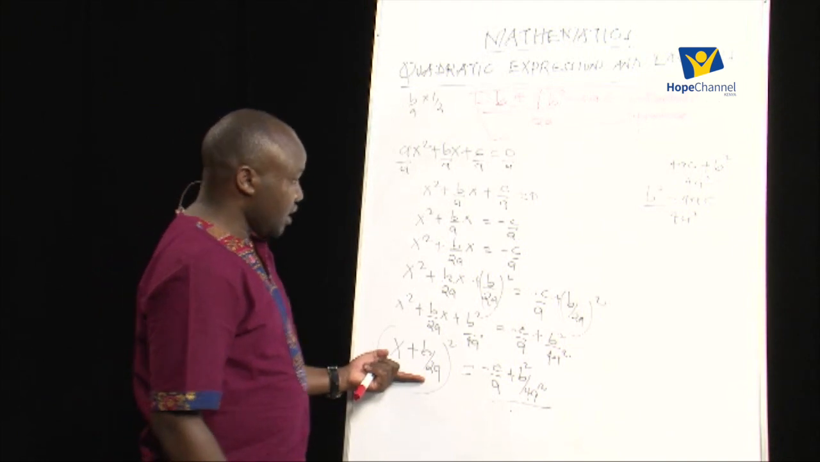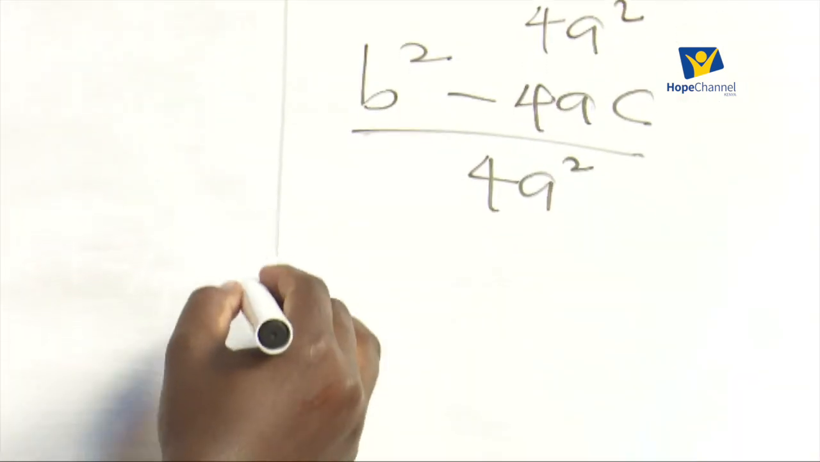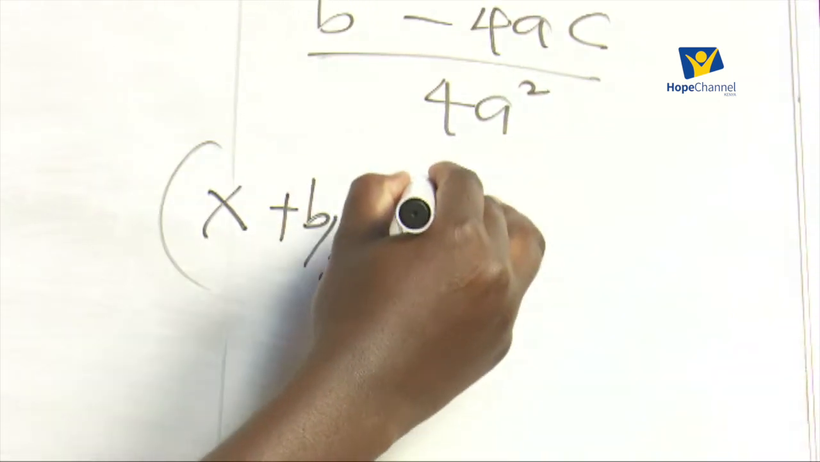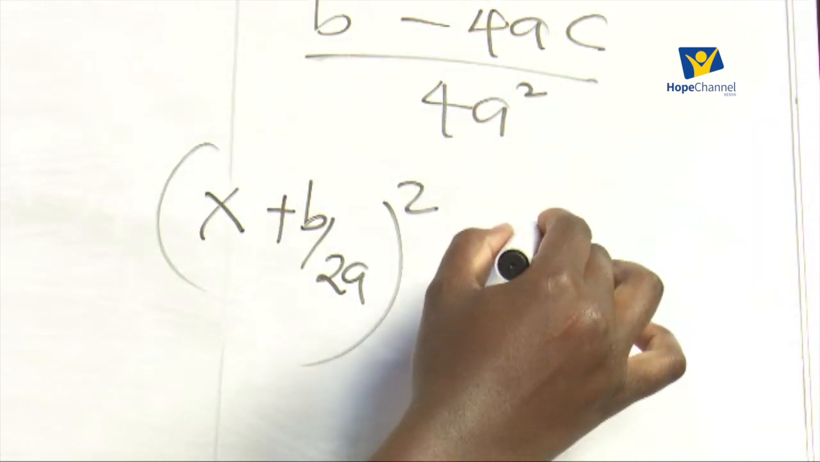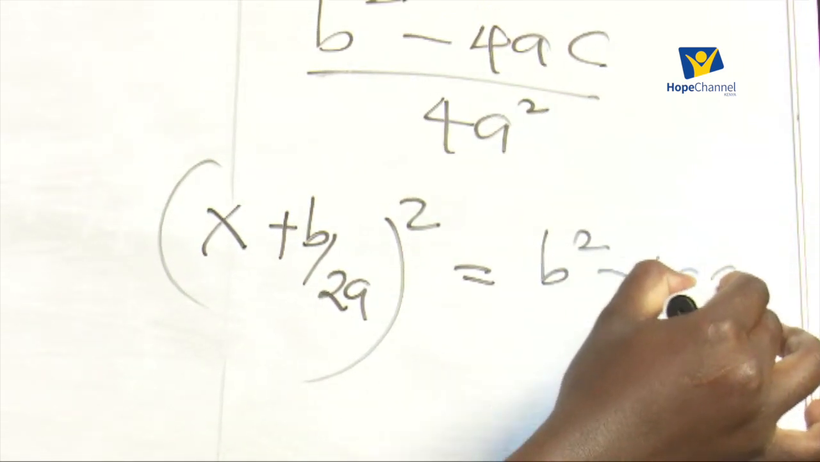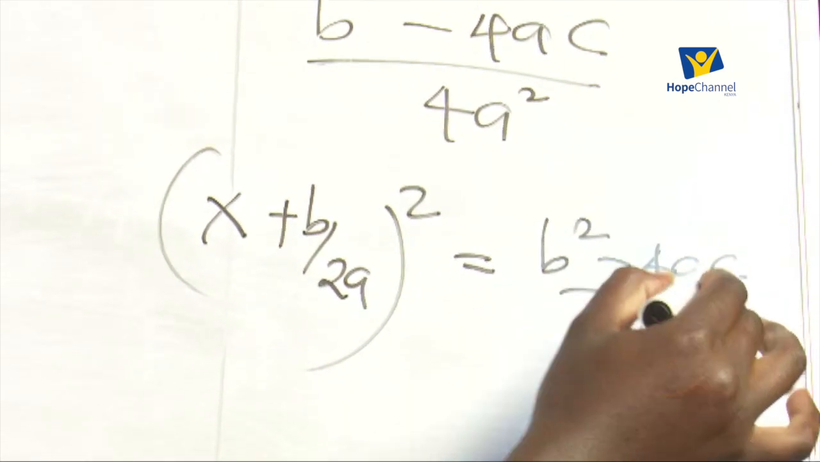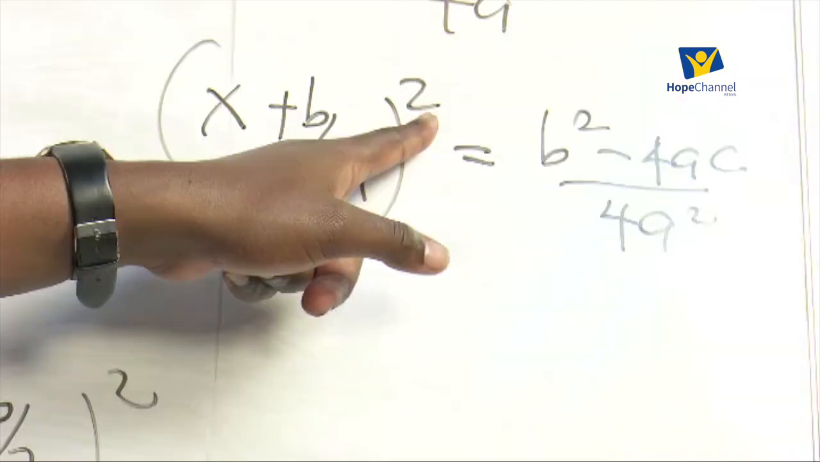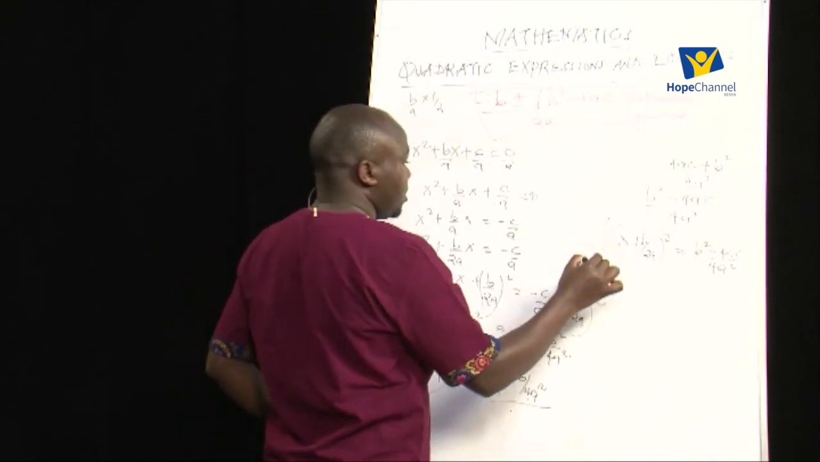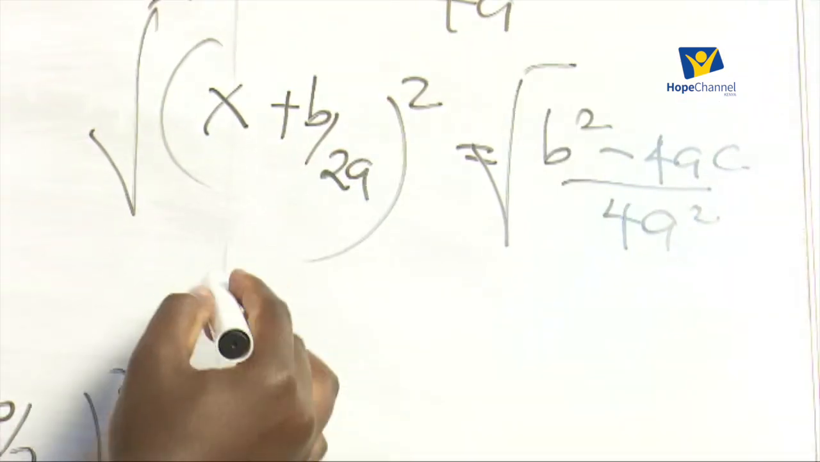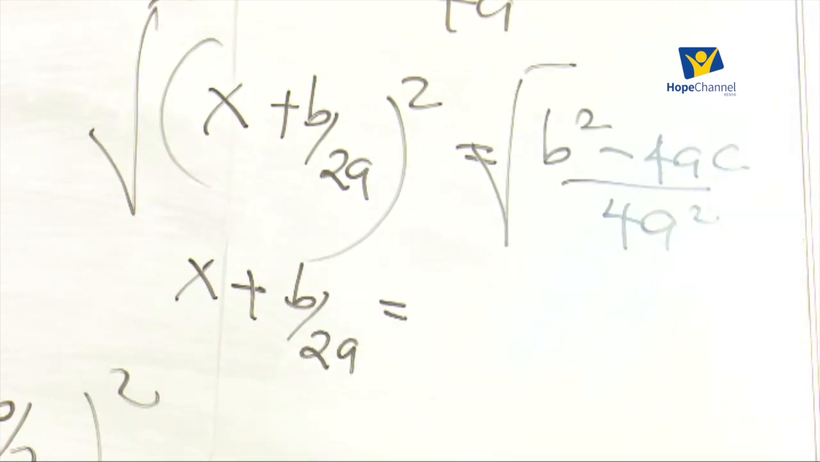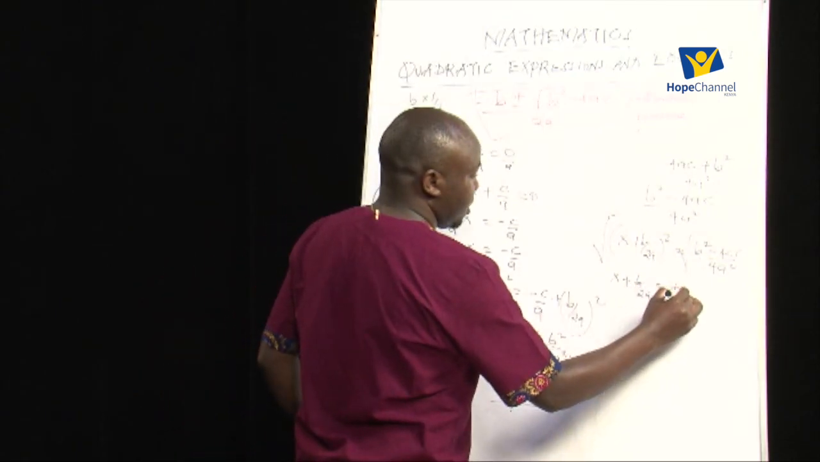Now bring this part here. We are going to have what? x plus b over 2a squared is equals to what we have, b squared minus 4ac over 4a squared. I said at this point we can't proceed further unless we get rid of this square sign. So find square root on both sides. So I'm going to have x plus b over 2a is equals to, remember I said square root of a number is either positive or negative. So I'm going to have positive or negative square root of,